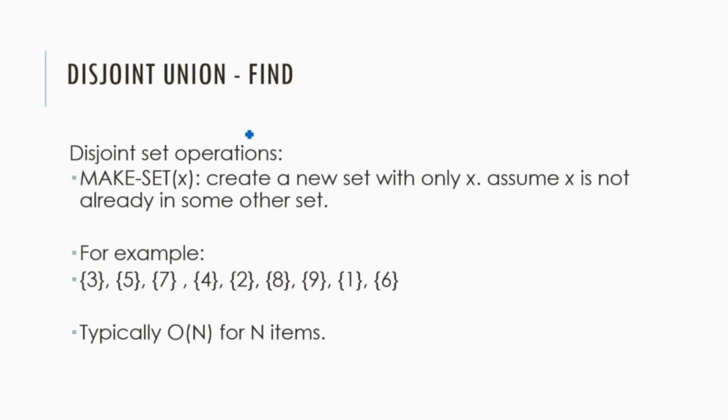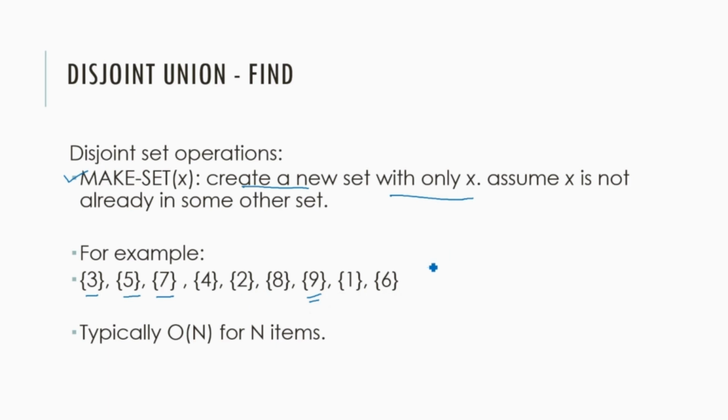There are three common operations of disjoint sets. One of the operations is make set. Make set is usually the initialization operation that is used to create a new set with a single element. So initially we have sets with a single element, and later these sets are merged based on the provided information. So for a total of 9 elements, we have 9 different sets.